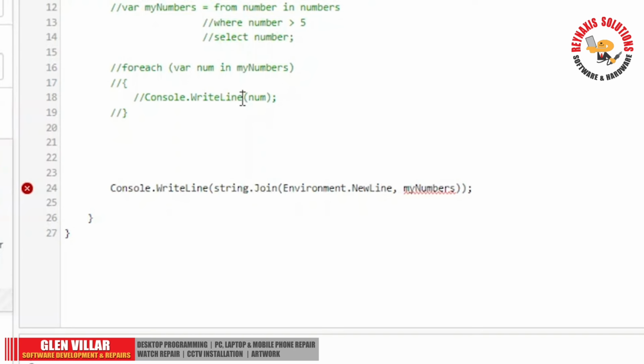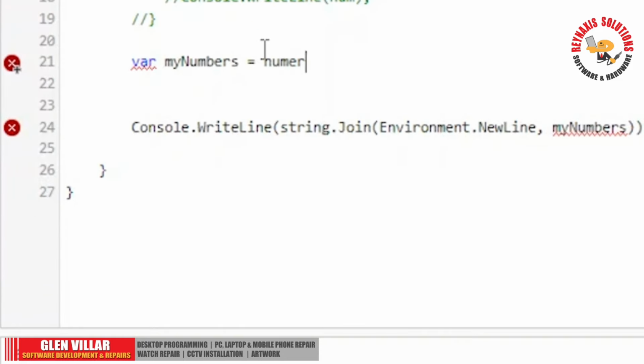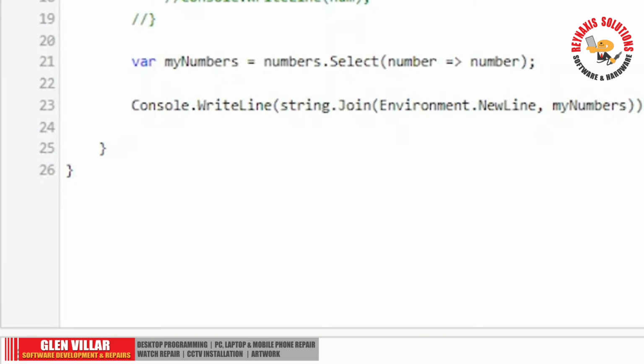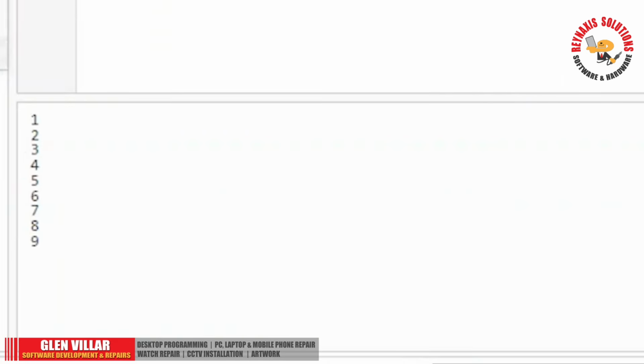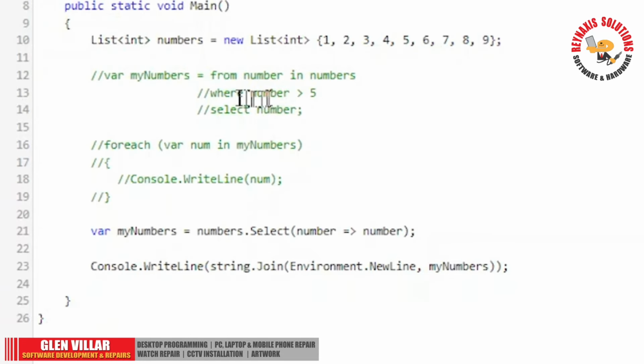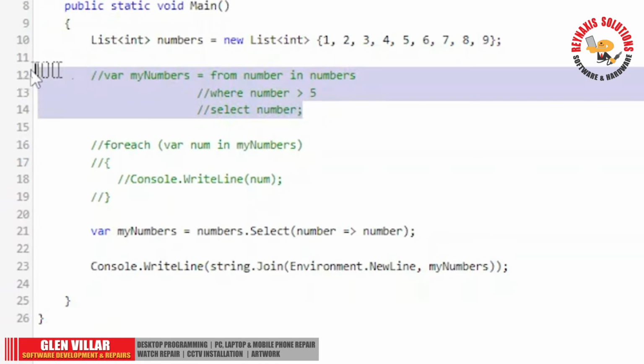But for now, we're just going to use the very basic OrderBy. So let's run this. This is the method syntax of LINQ, and it's the same as this query syntax